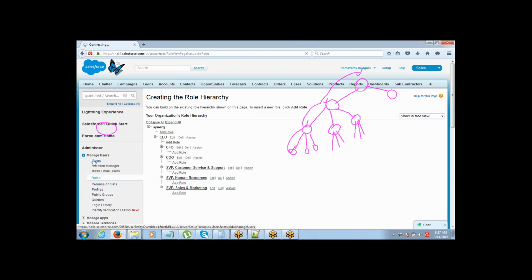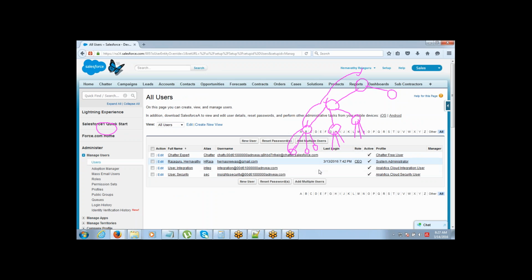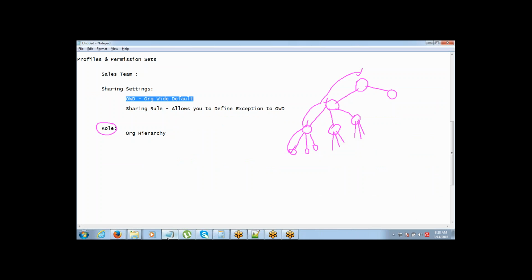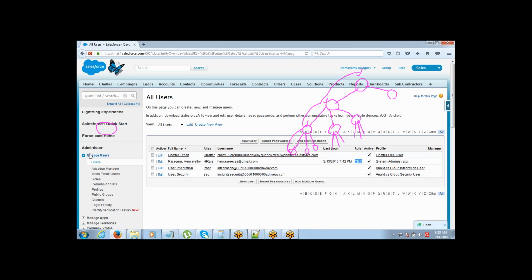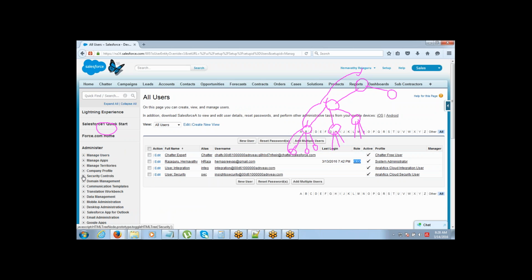If you go to users now, you get to see that the role is assigned CEO to this user. So this way it can be defined. Got it? Okay. And that's what we saw in the sharing rules also. If you go to the sharing rules once again,